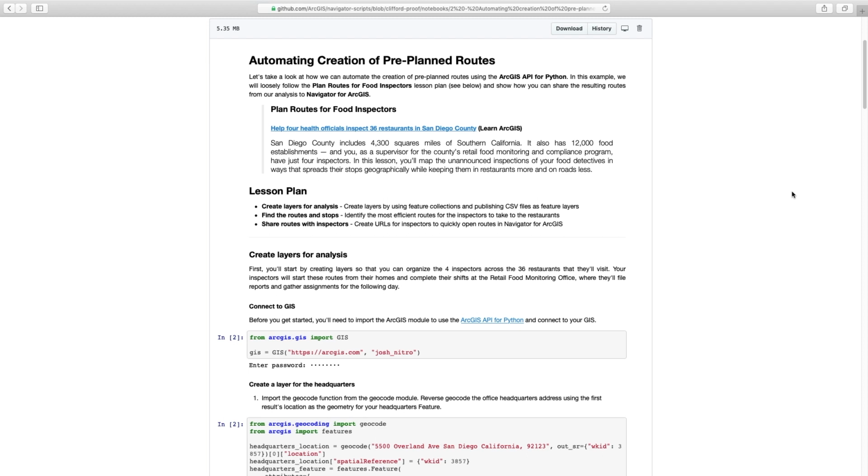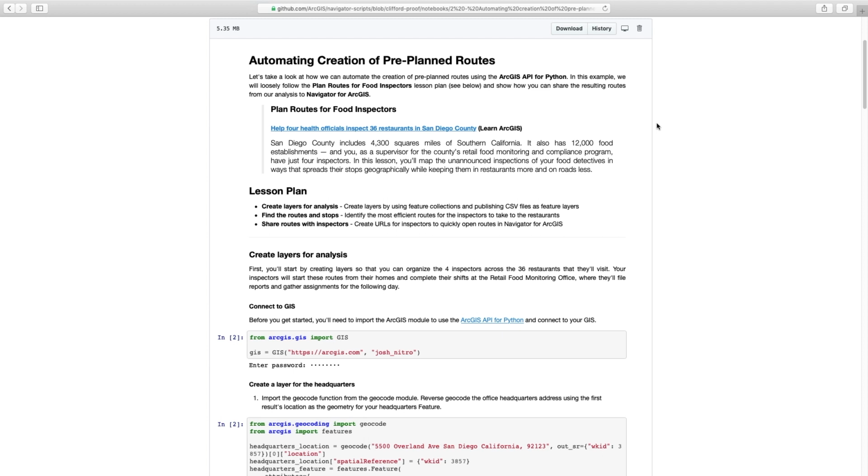The data and the steps come from the plan routes for food inspectors lesson on the Learn ArcGIS website, so you can find that there if you want a little bit of background and context. Though these steps are not there, as the automation in this notebook is not publicly available yet, but it will be soon as part of a more detailed lesson on automating route